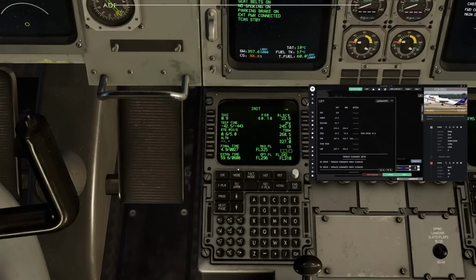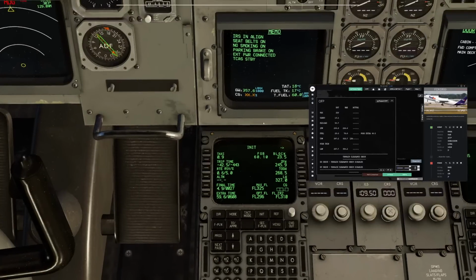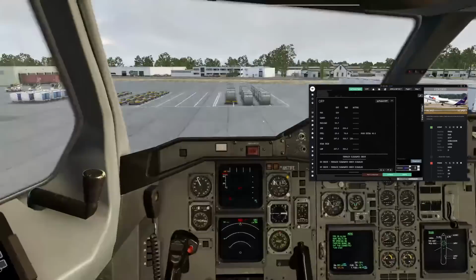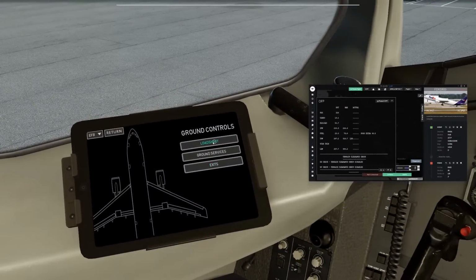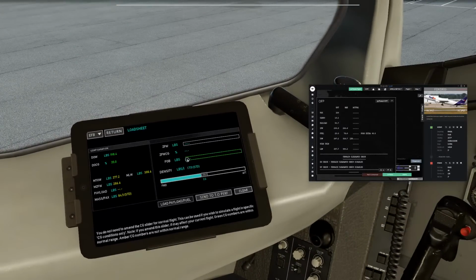The CG we'll get from the electronic flight bag. Now, I've had some issues with the electronic flight bag where it actually freezes once I enter any data into it. Hopefully that won't happen today. I'm going to start with the fuel, 23.5. And enter that. Let's see here. All right. And the zero fuel is